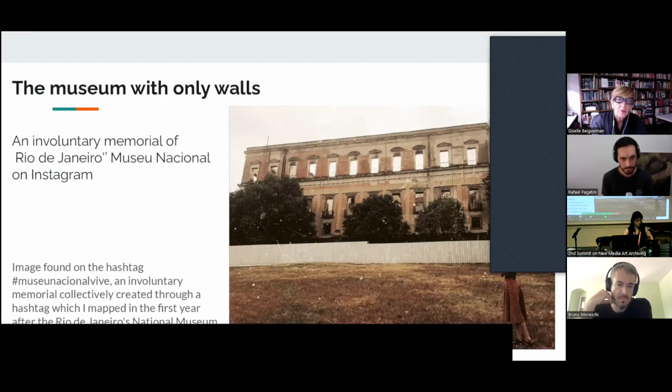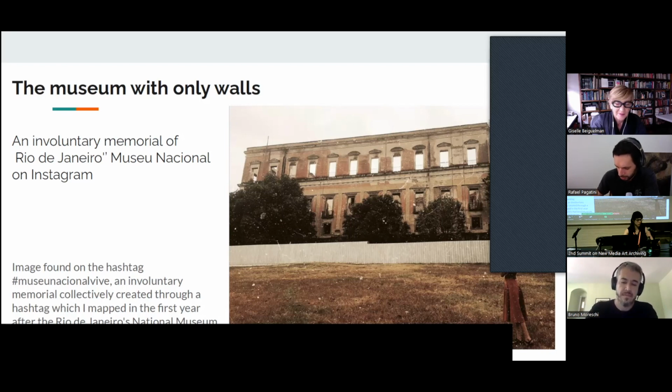I'm not going further on this, but just to say that I use a similar methodology in this other research about the National Museum in Rio de Janeiro, which is part of a chapter for a book that I also wrote with Giselle Begeman. It addressed the emergence of an involuntary memorial to the Rio de Janeiro National Museum on Instagram since the fire that happened in 2018 and destroyed around